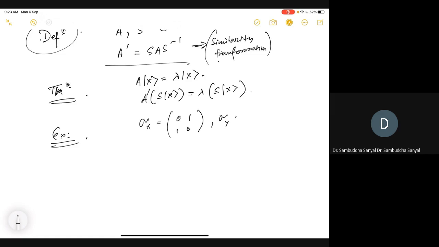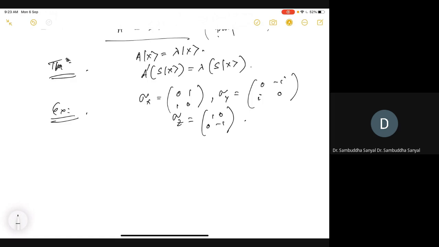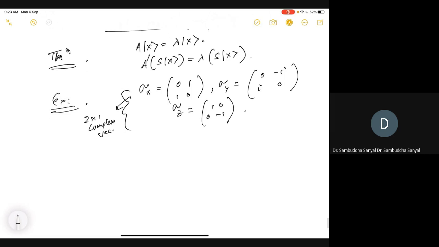Sigma x, sigma y, sigma z. Okay. So they are operators on this vector space where the vectors are 2 by 1 complex vectors. They are operators that act on those vectors, and they are related to each other by a similarity transformation,